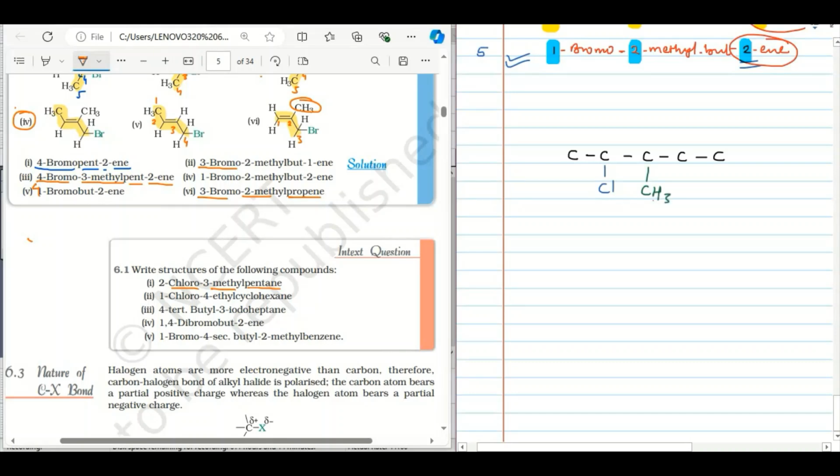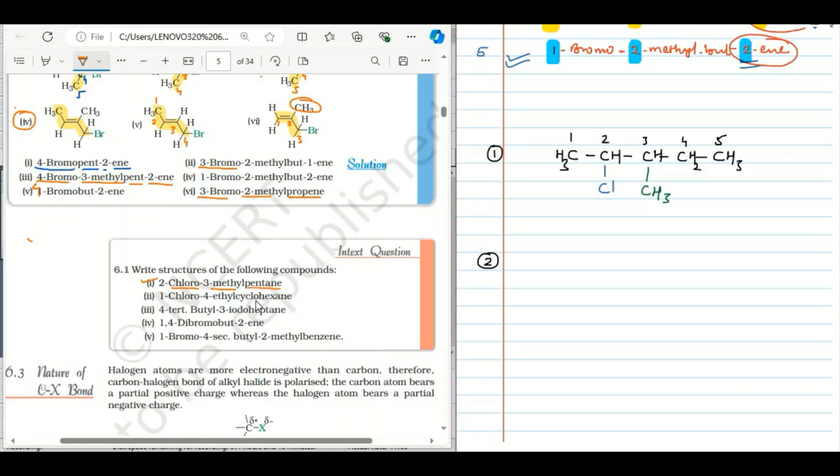It is CH3. Now balance the hydrogens. So here CH3, CH, CH, CH2 and CH3. So this is the structure of the first compound, 2-chloro-3-methyl pentane. So here when you number it from this direction 1, 2, 3, 4 and 5, you will get the name of this molecule as 2-chloro-3-methyl pentane. Now come to the second structure,